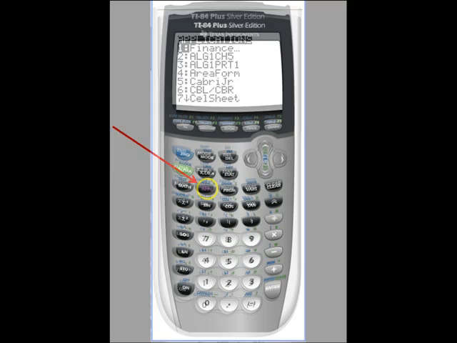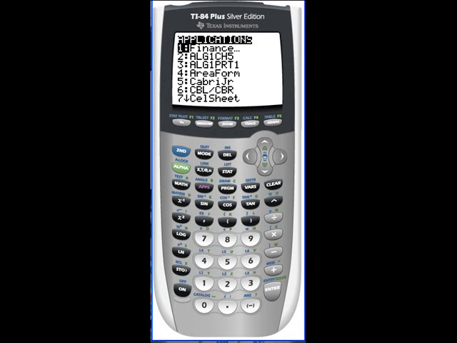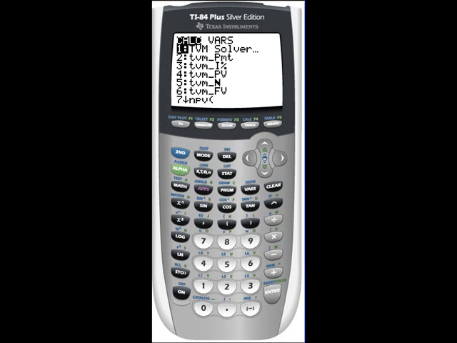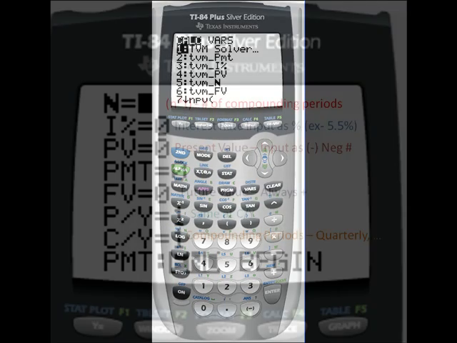Now after clicking this button, this screen will show up, and the menu we're going to go into is the finance menu that you see. For the TI-83, all it's going to say is finance, so you only have one option. Just click enter and you'll go to the next screen. Once you get there, we're going to click on the TVM solver. When you get used to using the calculator, it's very simple: once you hit the apps button, you click enter and then enter again. And once you click enter for the last time,